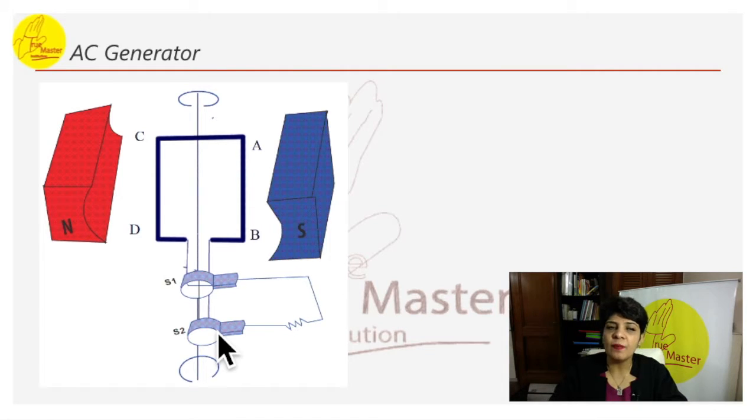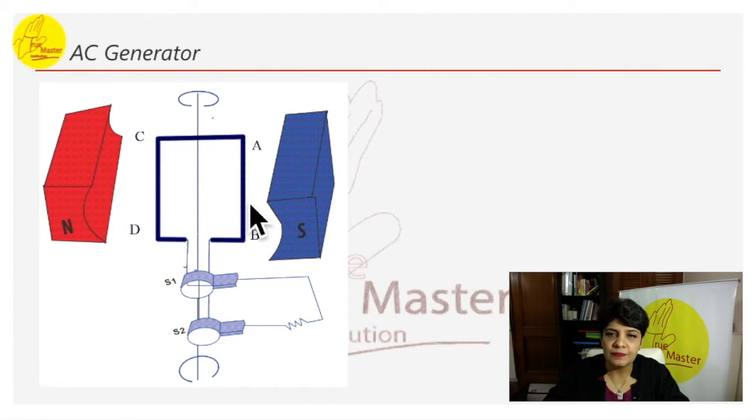Which current is being developed? When the armature coil A, B, C, D is rotated in a strong magnetic field developed between north and south, the magnetic flux linked with this coil changes. The current is induced in the coil, and this current is going to be the AC current. And how does the movement of the coil happen? The coil moves halfway and then again changes its direction halfway.